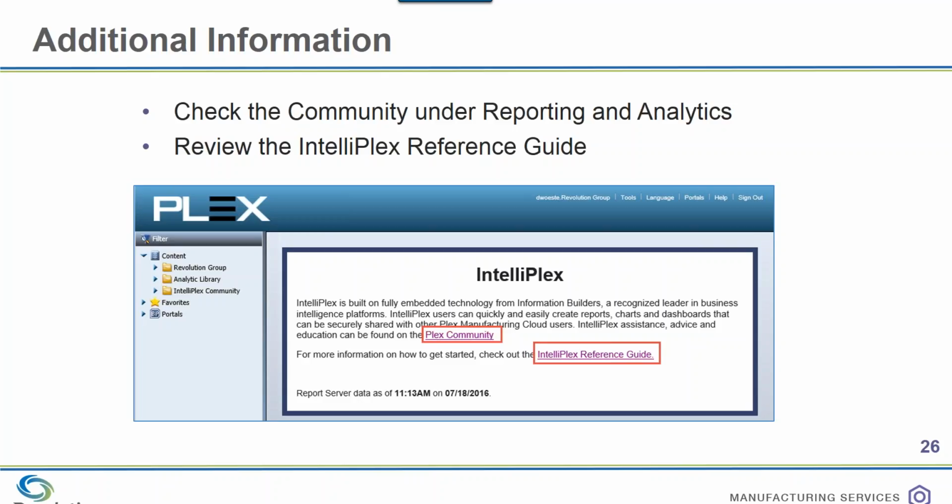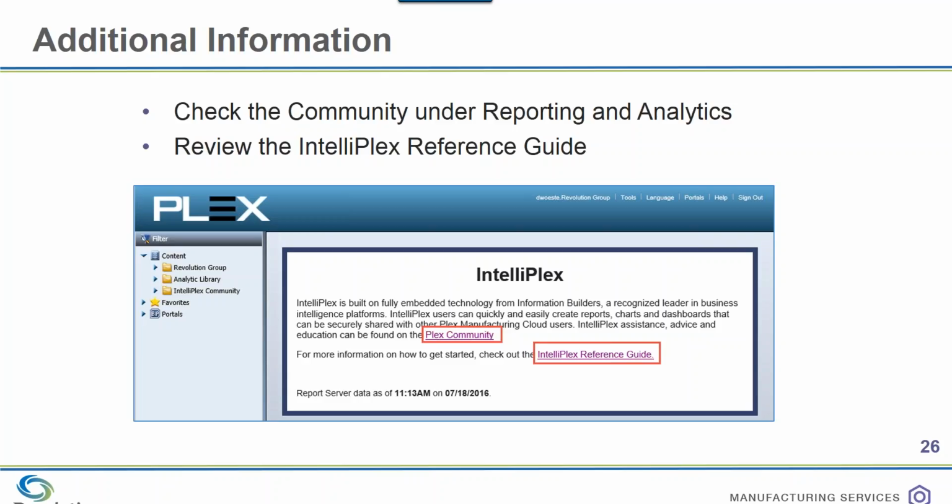Last October, when the tool was first introduced, Plex did a webinar on the finance domain, and that's about an hour long, and it's definitely worth perusing if you've got an hour's worth of time.